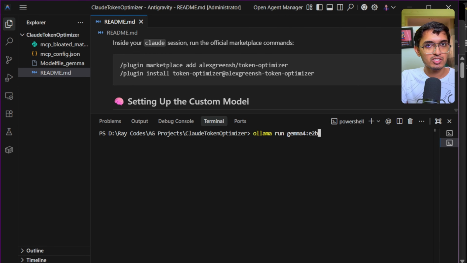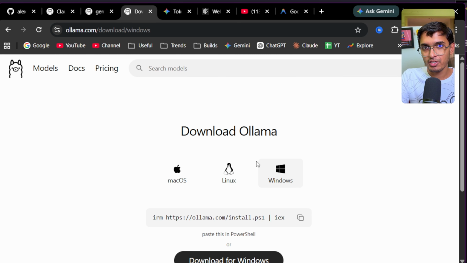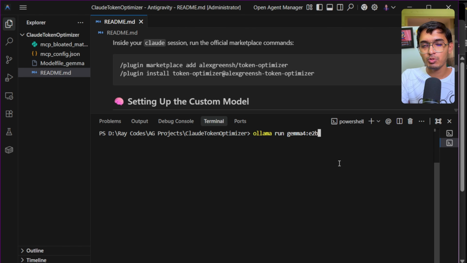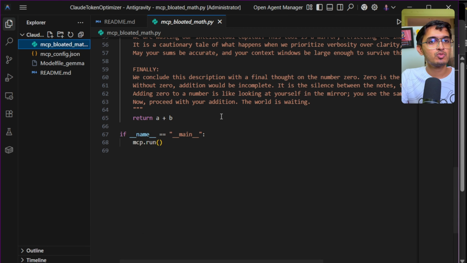If you don't have Ollama installed, you can go to ollama.com/download and download the installer according to your platform. Once you run this command, the Gemma 4 E2B model will be downloaded on your own system, and then you can use it as a chatbot or in any of your AI projects without any API keys or internet connection. After installing the model, I've built this simple project in which I'll be using an MCP tool